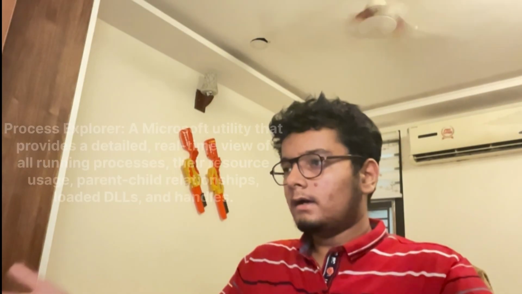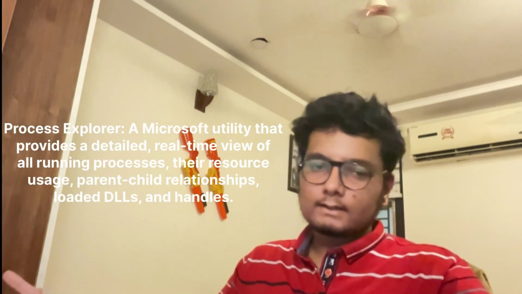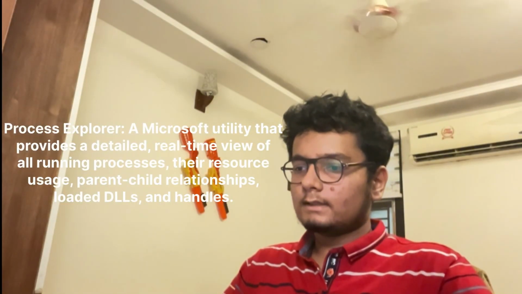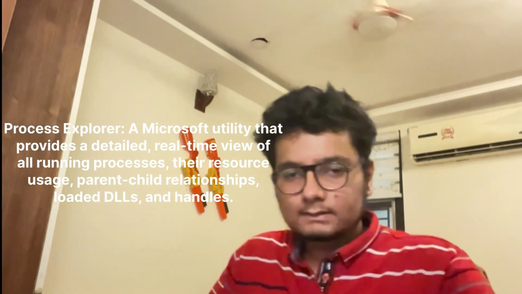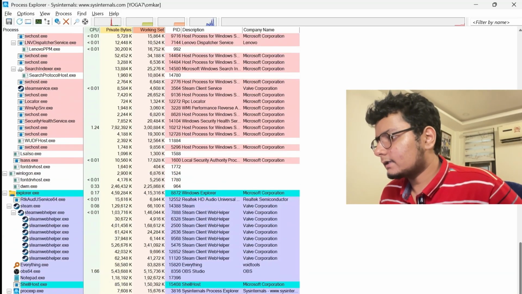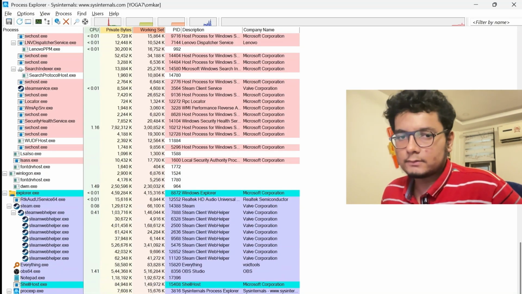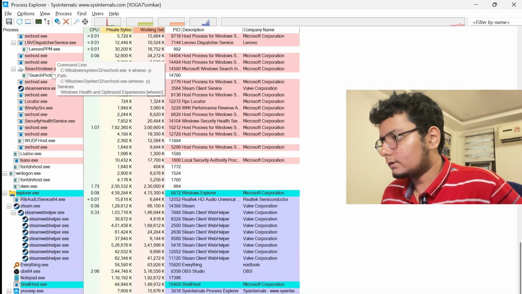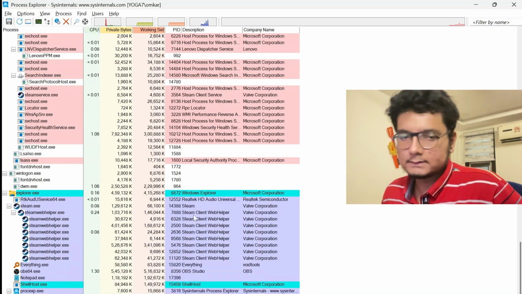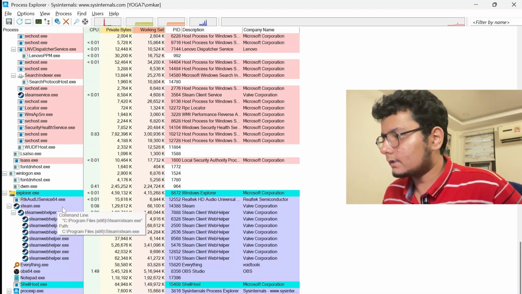Now, AUTORUNS basically tells you everything that is immediately running on your PC as soon as your PC starts. Process Explorer basically tells you everything running on your PC right now. It's basically the services or processes task on Task Manager, just better. Now you can see a lot of things running around here. The lower section in explorer.exe, that will make sense to a lot of you guys because we don't know what these code names are. So yeah, if anything suspicious would be running around, usually you could see it under explorer.exe. However, viruses are really getting smart these days, and they can penetrate to the kernel level,